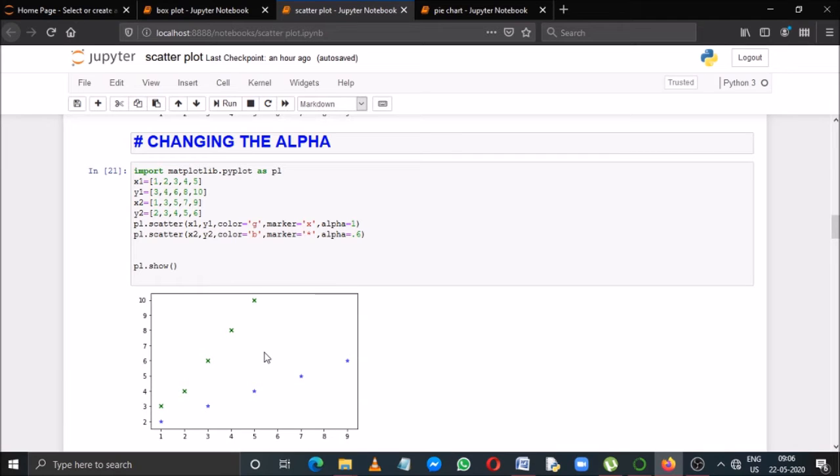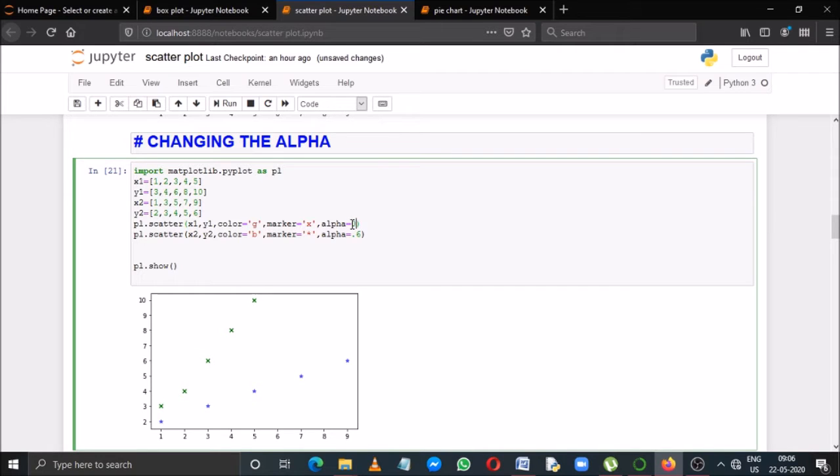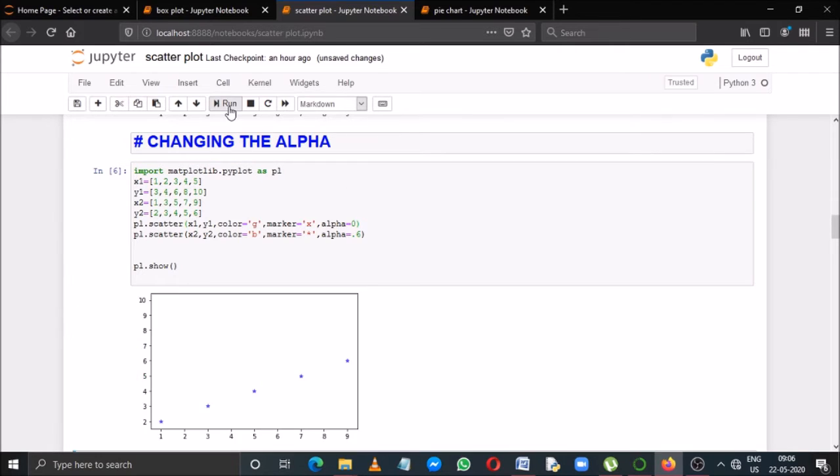The alpha attribute we can use to change the brightness of the markers. 0 means there will be 0 brightness, that means the markers will vanish. Like suppose if I make it 0 and run it, see, this will not be displayed.